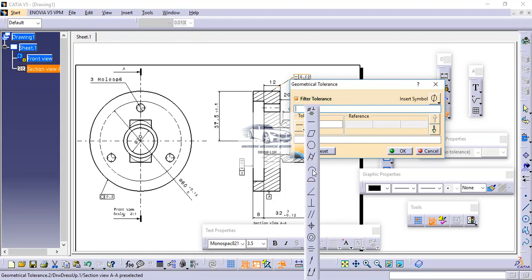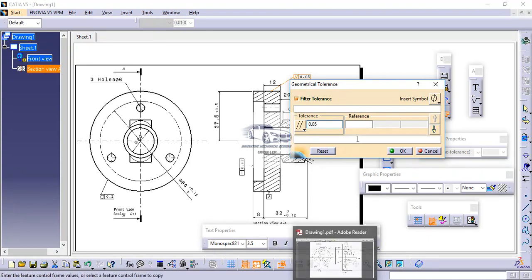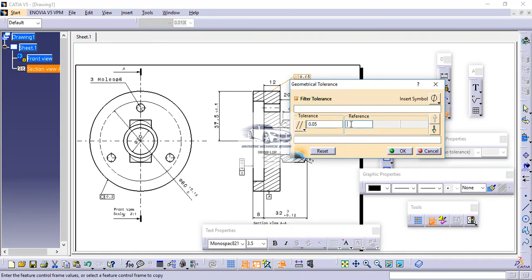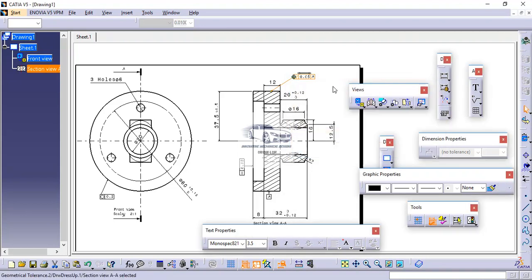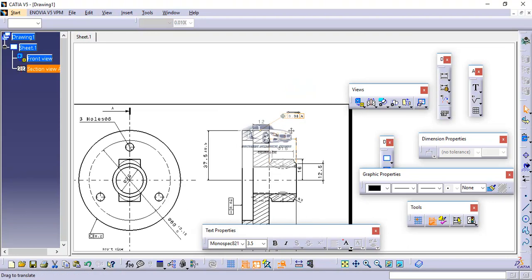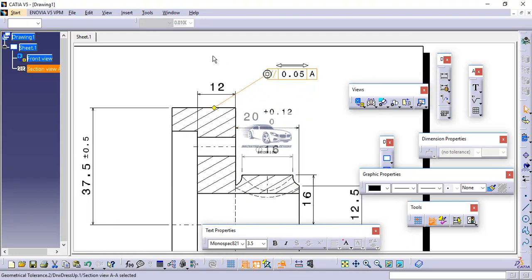So here I will take parallelism. So here I will input the value, that is 0.05. Now here, as we can see, we have an extra option to place the datum. So here I will take it as A. So okay. Again here we can see the tolerance line and dimension.